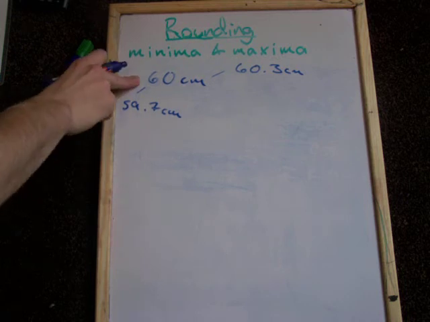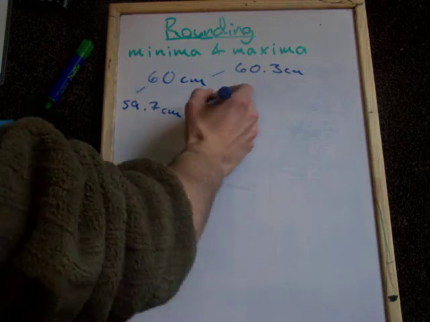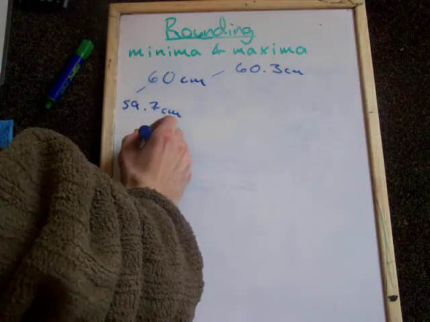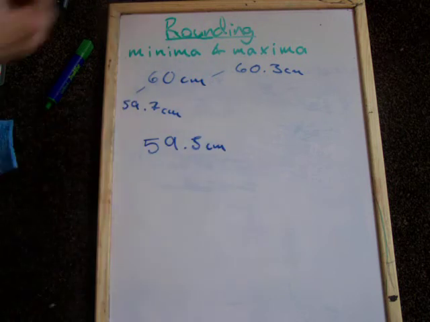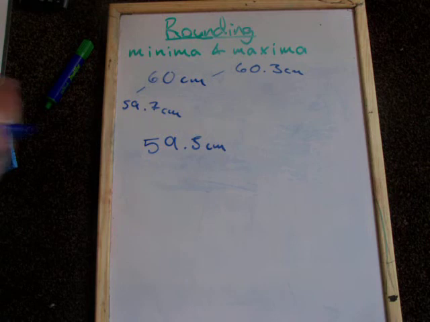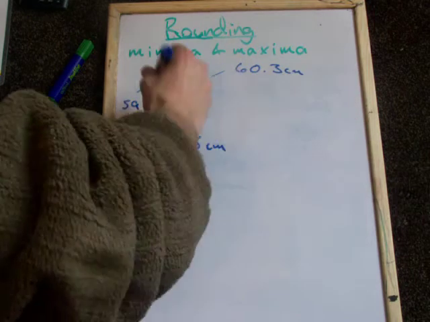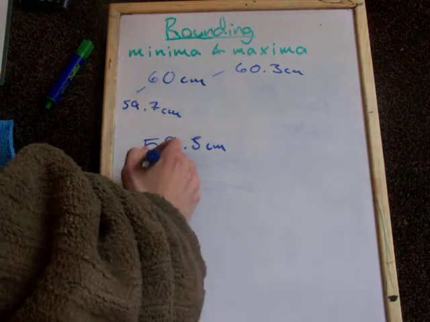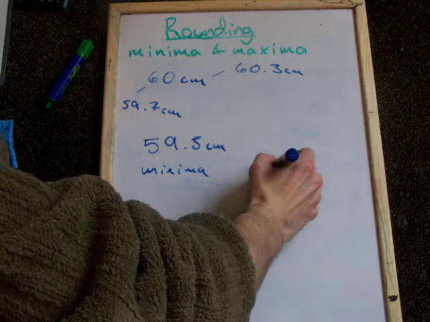Now in this case, the minimum possible value that rounds to 60 centimetres to the nearest centimetre is going to be 59.5 centimetres. That's your minimum possible value, because no value less than that will round up to 60. Any value less than that would have rounded down to 59. Okay? So that is your minima. Your maxima value,